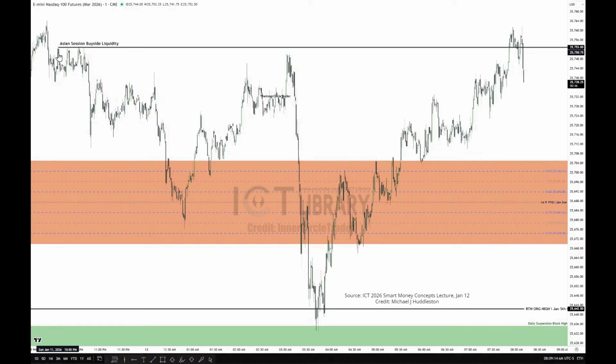But for now, just let me cover the point of why I'm calling it the Asian session buy side liquidity. Asian session ends and closes around 5 a.m. Eastern time. Okay, so that's about right there. So if this is our delineation for Asian session close, and this is for Forex, for equities, index futures type thing, that's your delineation right there. So what you want to do is visually represent a starting point of that, and then go back through Asia session. So 7 o'clock in the PM, 7 p.m. Eastern time. Look for the obvious smooth highs or lows.